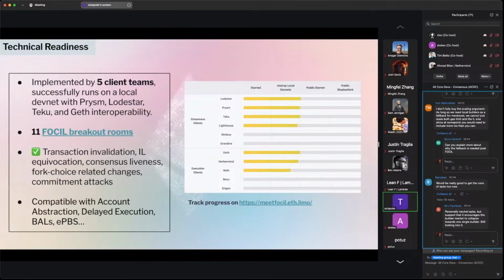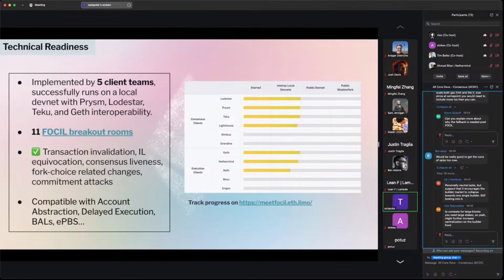We've had 11 Fossil breakout sessions that have been, at least for me, very, very nice and useful. And we addressed security concerns around IL equivocation, which was a problem in a previous EIP about inclusion lists. We've made sure it's also compatible with account abstraction, delayed execution, ePBS, block-level access lists, and other proposals on the EL and CL side. And you can go on